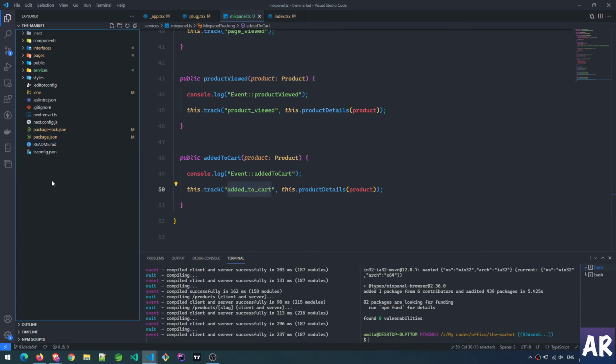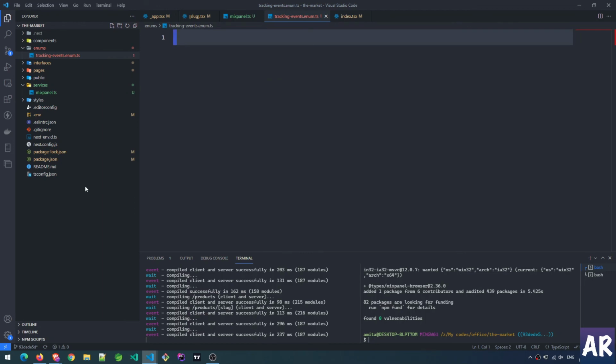Okay, so enums, and inside enums, let's just do tracking events.enum.ts. I don't know if this is the best convention to follow, but yeah, at least this is what I do and my team does, and hence I feel it's quite easy to